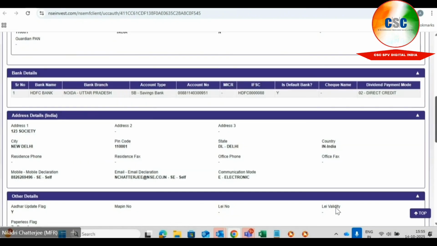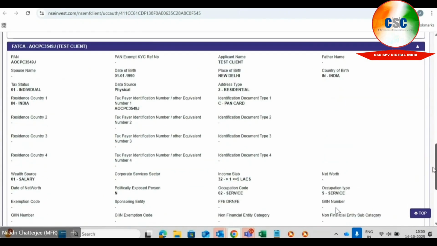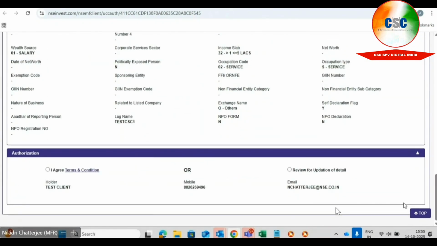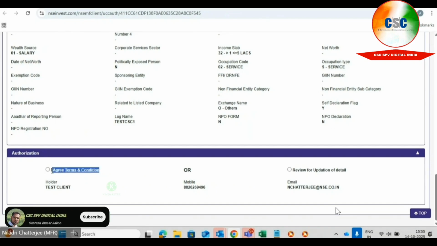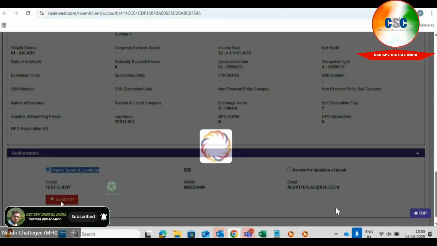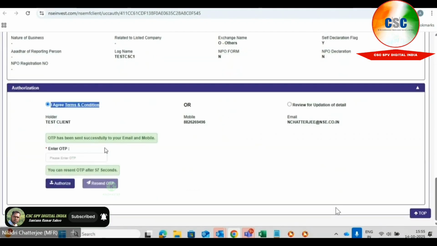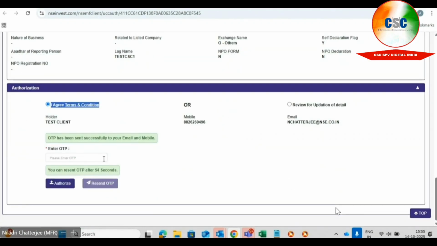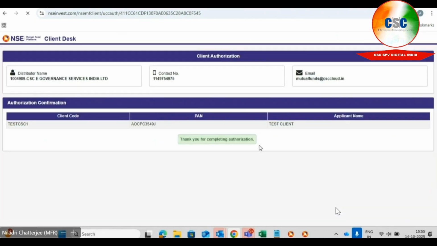Client can read it if they want to check if all the details are correct. If they are okay to proceed and accept it, you will have this option called I agree here on the left side. So under I agree, you will click on send OTP. Once you generate OTP, you will ask the client, sir, you would have received an OTP. Please share that OTP. It will be the same sent on your mobile and your email as well. So the OTP will be same, sent to any of the options. They can provide this OTP to you and you can click on authorize. After doing this, the client